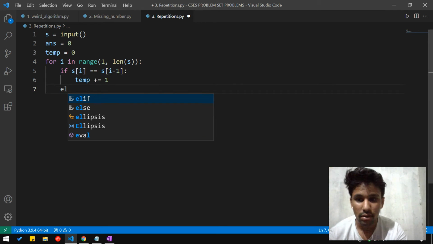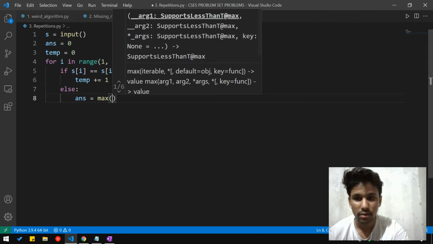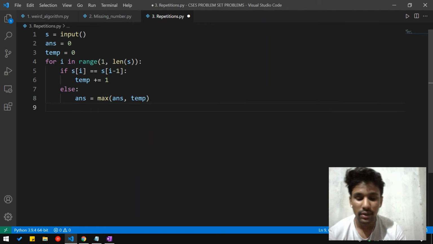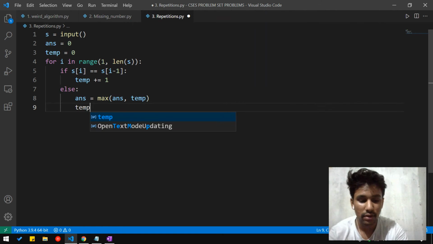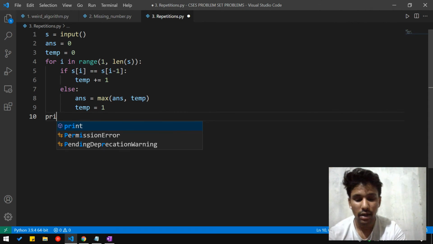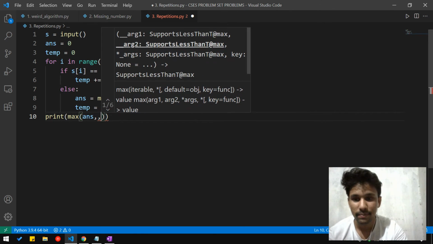If it is not, then we will update the answer. After then, we will reinitialize the temp with 1. So in output, we will print the maximum of answer and temp.